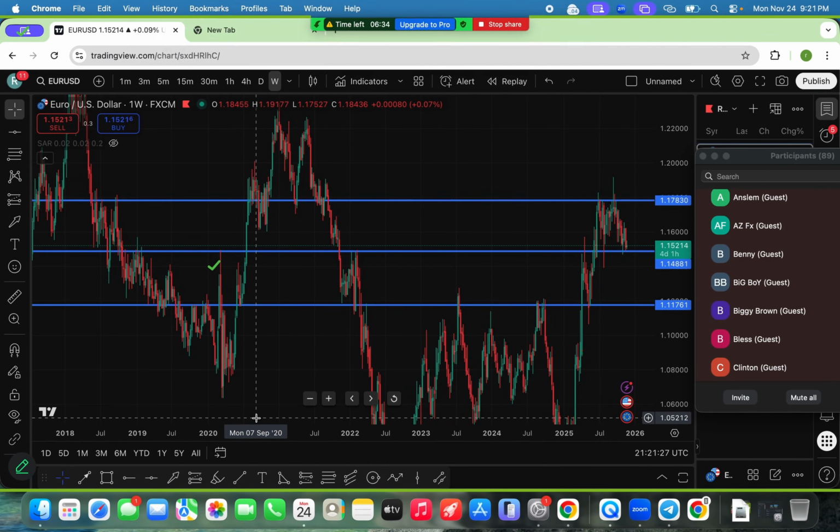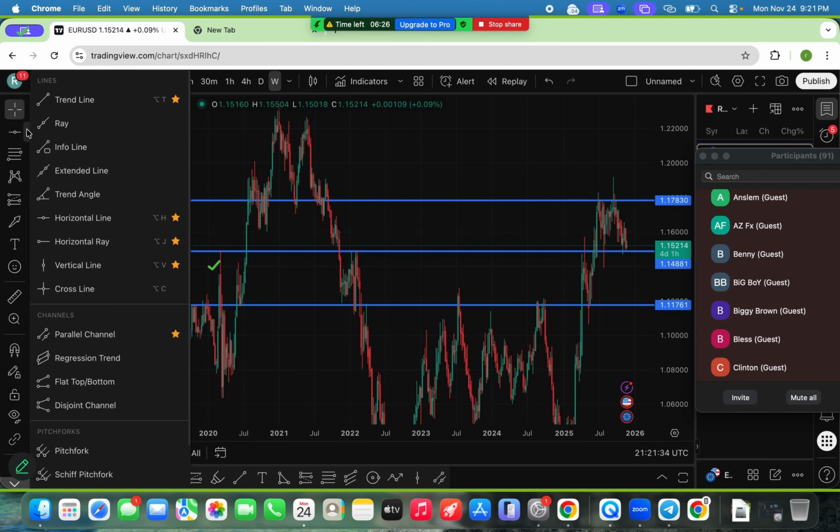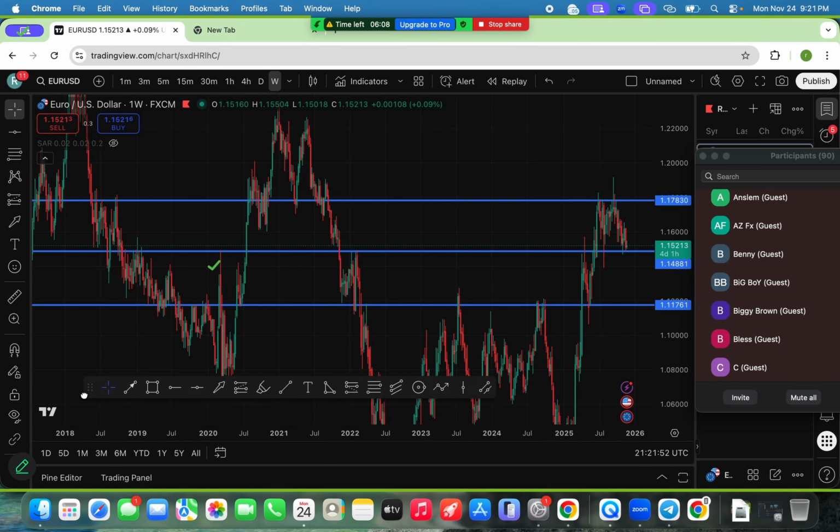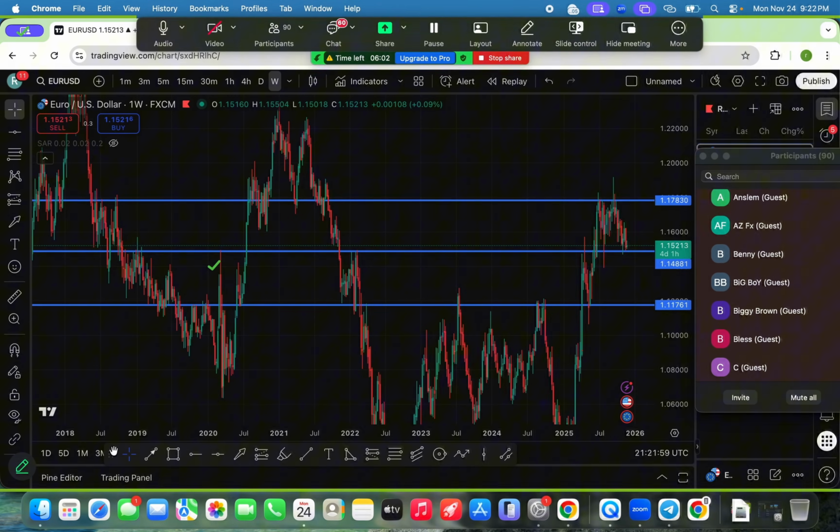How do I draw my horizontal line? The horizontal line is a tool, right? You can see it here, horizontal line. I have it on my tray because I have favorited it. Once you favorite them, you can see the star here, and automatically you get them on your tray, so you don't have to be going back and forth on the chart. You can just favorite your favorite tools here, so you can get them here. Yeah, it's as simple as that.